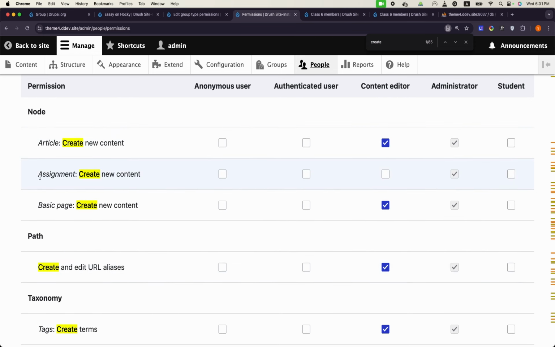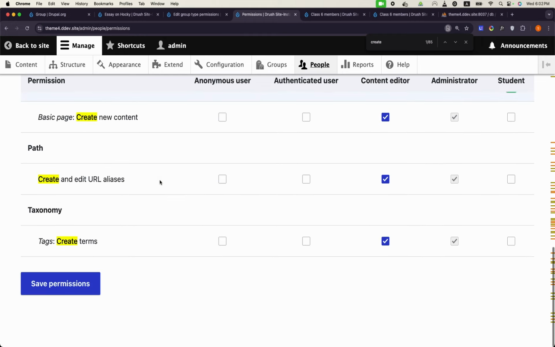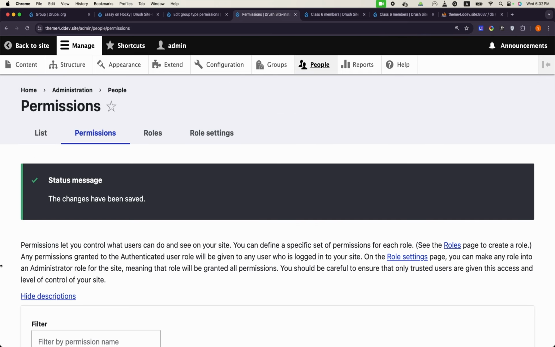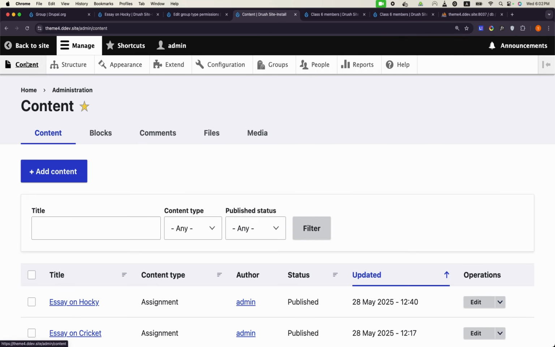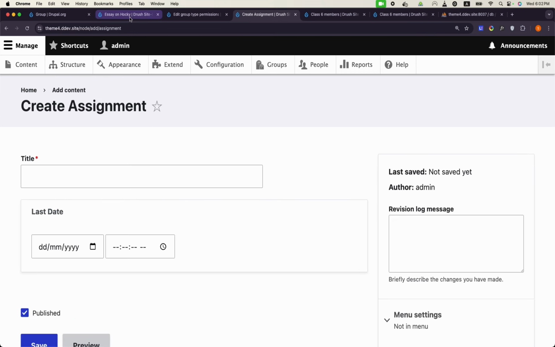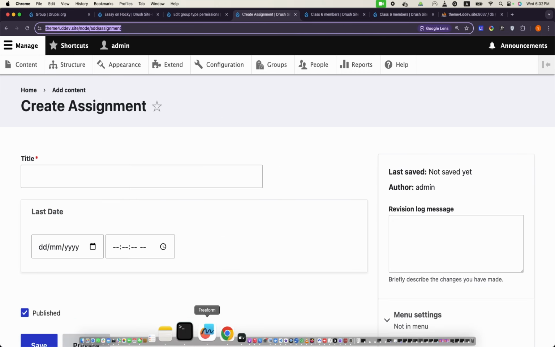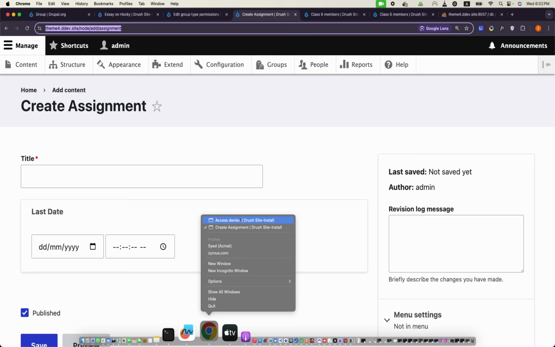So for assignment, if I need to create some content assignment, for example, I want some user to be able to create assignments also. So what I will do is give it to maybe the student: assign create new content assignment, and save. Now if a student is logged in and goes to add content assignment, this is the page for assignment. So if Afaq is a student and is logged in,